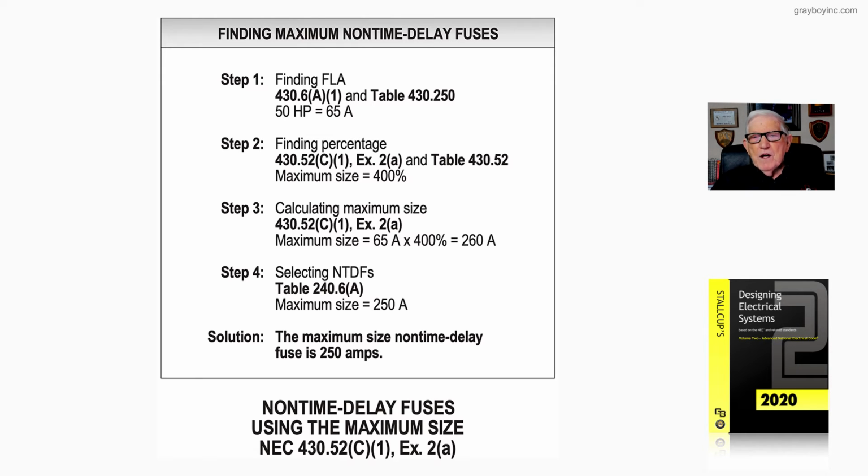And 225% times 65 is 146, and we could round down, selecting the overcurrent device from table 240.6A to 125 amp. No exception lets you go up to 150 in exception 2. So the solution is the time delay fuses would be 125 amp in size, and then as a good rule